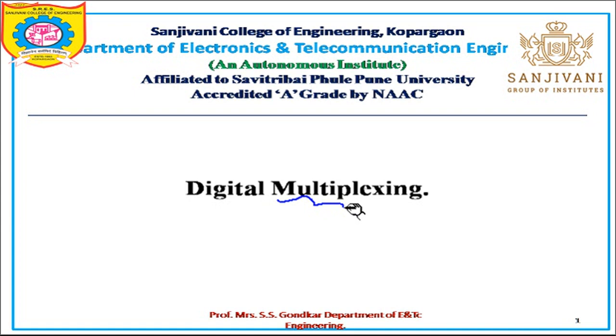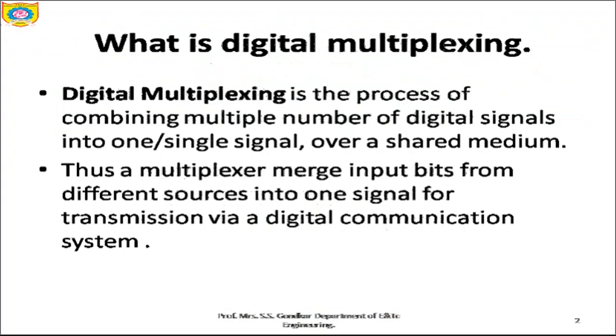The process of combining the data streams is called multiplexing, and basically you need some hardware for this. That hardware is called a multiplexer. This multiplexer is used at the transmitter side, and the reverse process is carried out at the receiver side. There the process of demultiplexing is carried out, and the hardware required is a demultiplexer. So in this way, we have seen the introduction first.